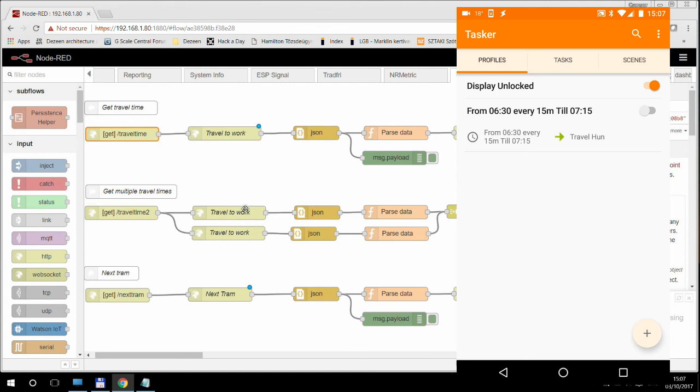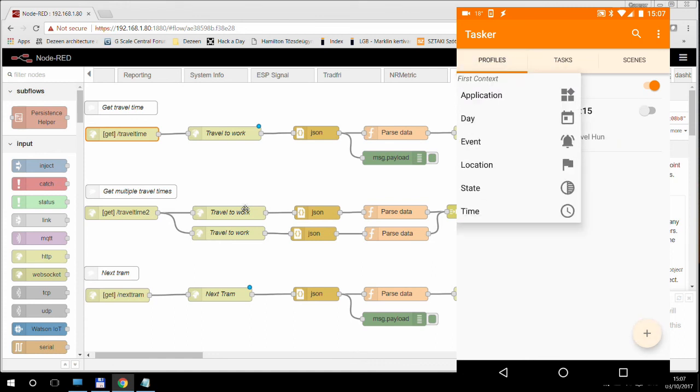And I have another video where I'm asking my phone to tell me various things whenever I unlock the screen, or whenever I unlock the screen the first time in the morning. Maybe a better example is that you know that you are traveling. You are usually leaving between like 6:30 and 7:15. So you might want to set up your phone to automatically tell you the travel time every 15 minutes within that period, and you can do that as well